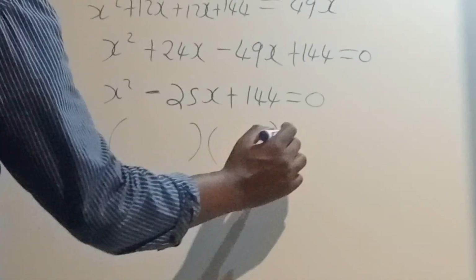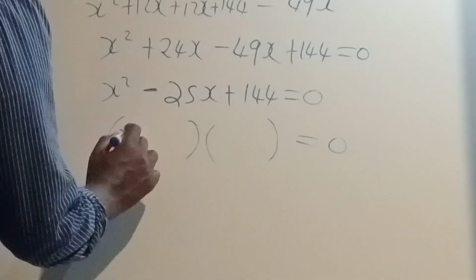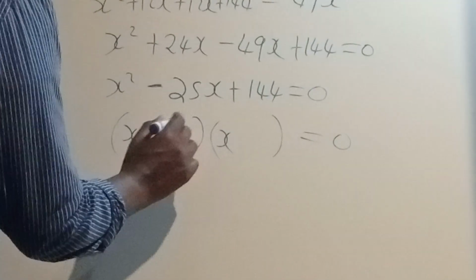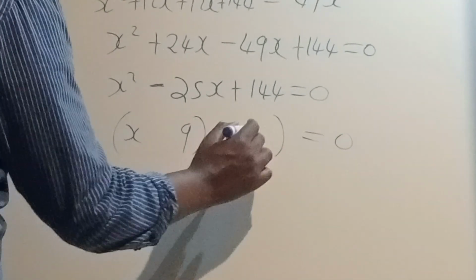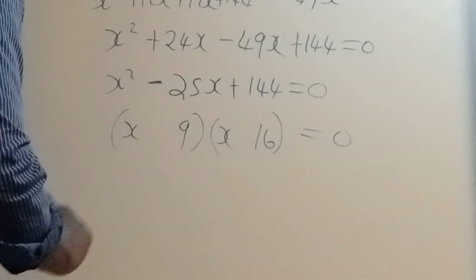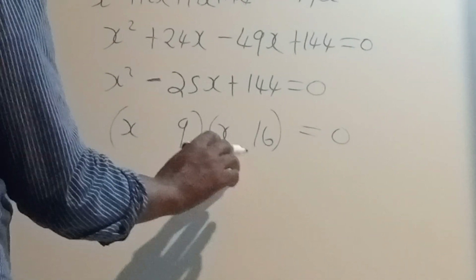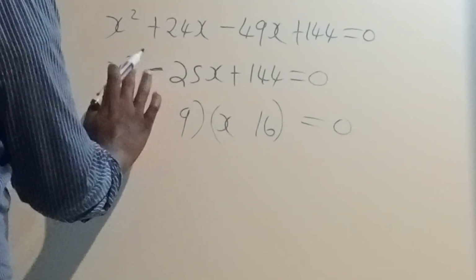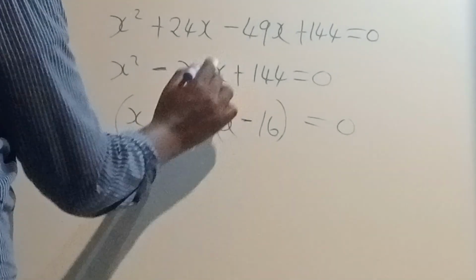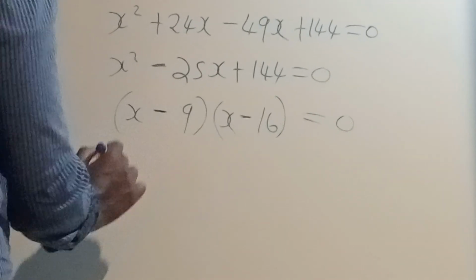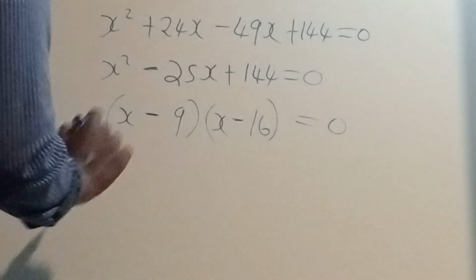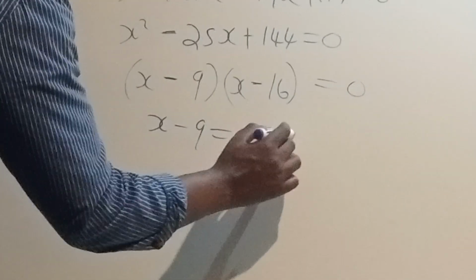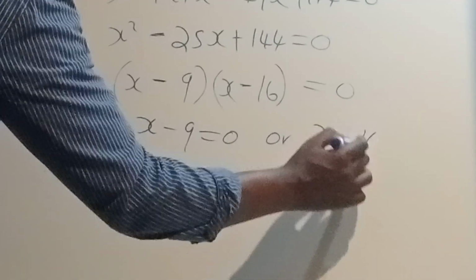brackets to factorize this guy, and I know that I've got x and x, two numbers that can give me this one. You guessed it, it will be 9 and what? And 16. But now what about the signs? The bigger number will take the sign of the what? Of the middle term. The middle term is what? It is negative there. So if I've got a negative here and I see a positive here, it means all of them are going to be what? Negative. So that means now I've got x minus 9 being equal to 0, or the x minus 16 being